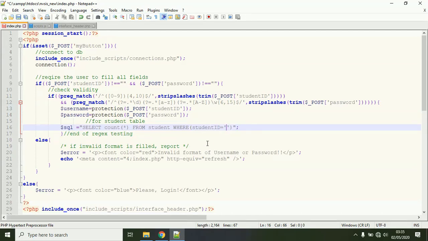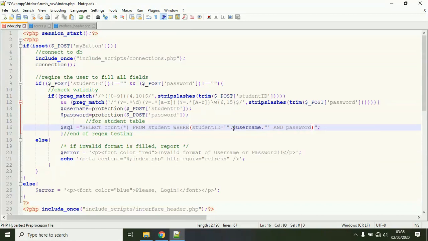Here we are writing a variable, therefore a variable can be in this manner. Here we use a concatenate operator, that is dot is equal to username, where student ID is equal to this one here, the username, which I've written. Student ID is equal to username and